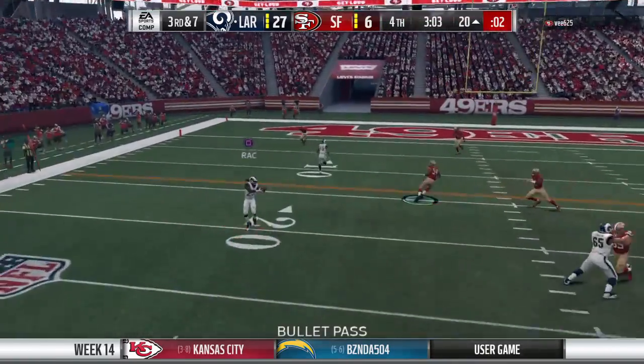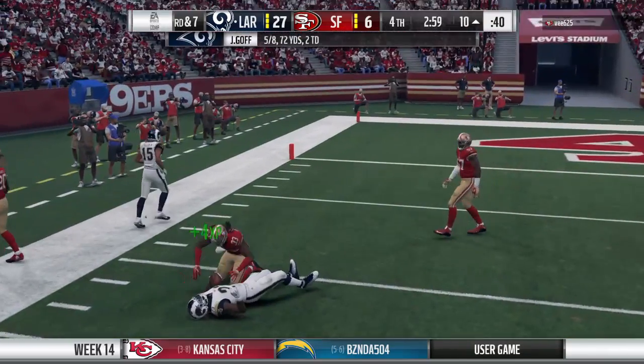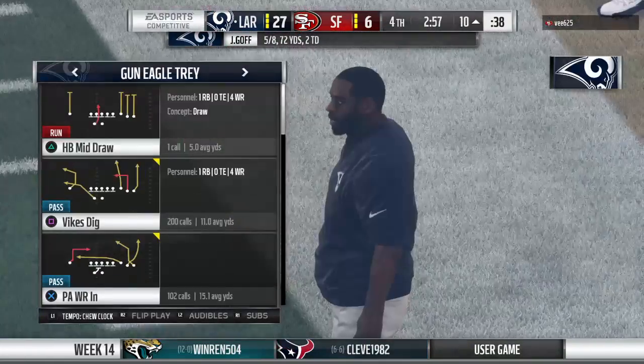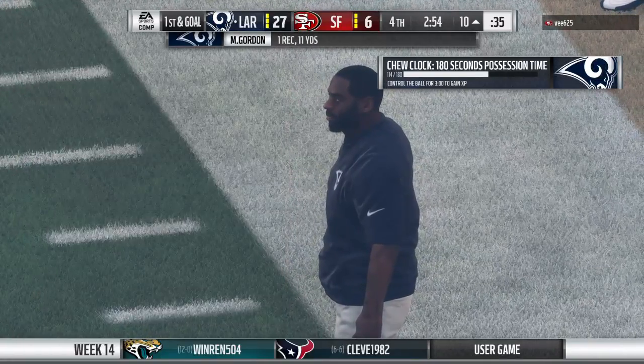Out of the gun. Goff going underneath for Gordon. And he's able to pick up the 1st down before he's tackled right at the 10. They're able to convert on 3rd down, and that sets up a